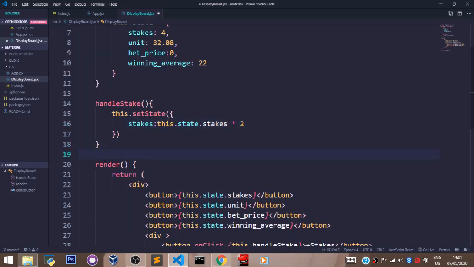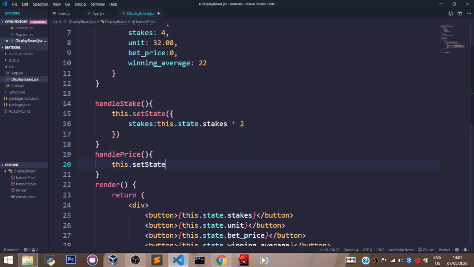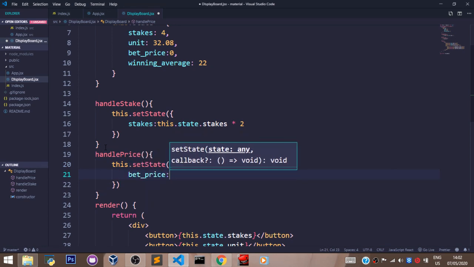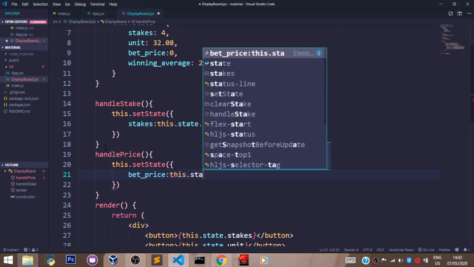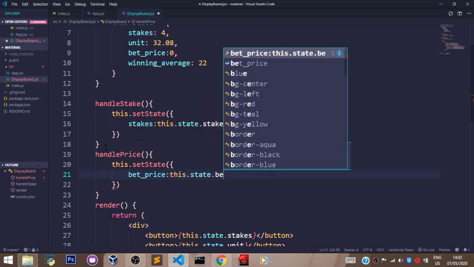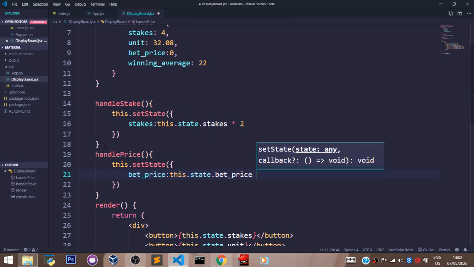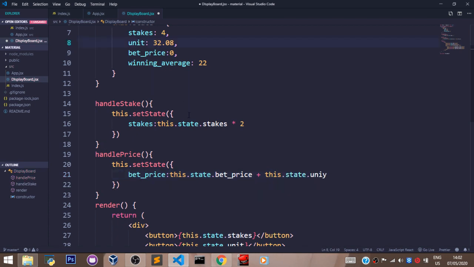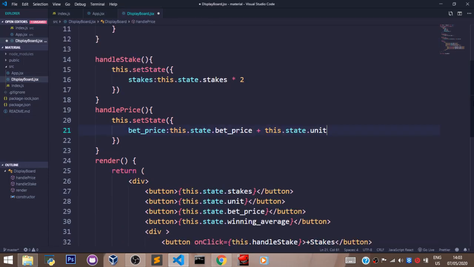And after this, we are going to have another method, which is the handlePrice method. It's going to use the this.setState function also, and we are going to have the betPrice, and we are going to have this.state.betPrice plus this.state.units. When you click on the price button, it's going to go from 0 to 32.08, which is 1 unit. We have 2 more methods,